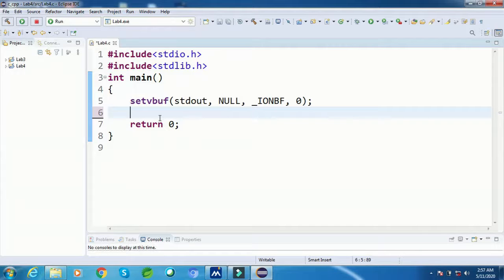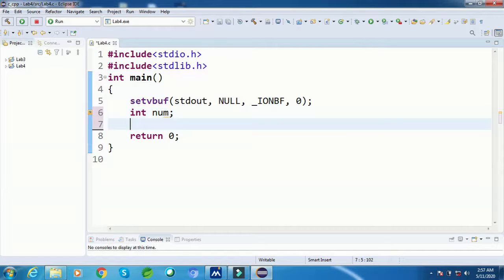But in case if user enters 1, 2, 3, the addition of digits, that is 1 plus 2 plus 3, is sum of digit. Now I am going to show you how to create a program to add sum of digit. So let's start. So I have to declare a variable, that is num, and I want to ask user to enter the number. So I am going to say printf and a message, that is enter a number.